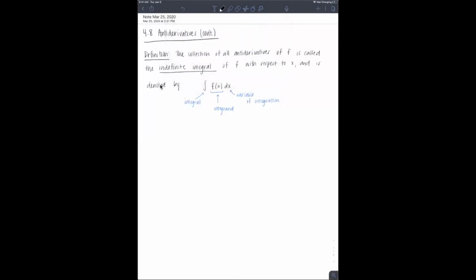And so basically an integral is just an antiderivative, but it's all of the antiderivatives that you could have. And so here, example,